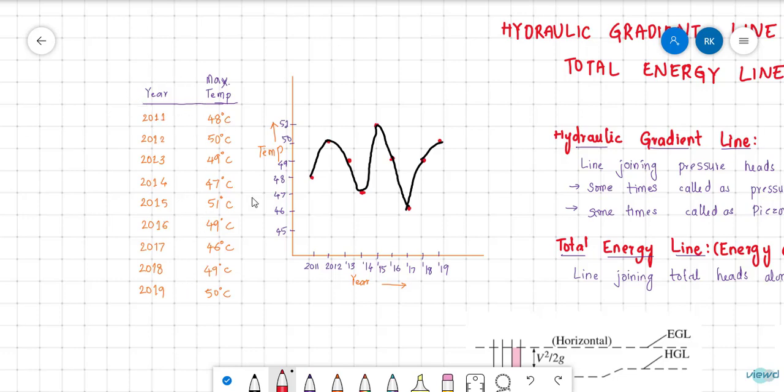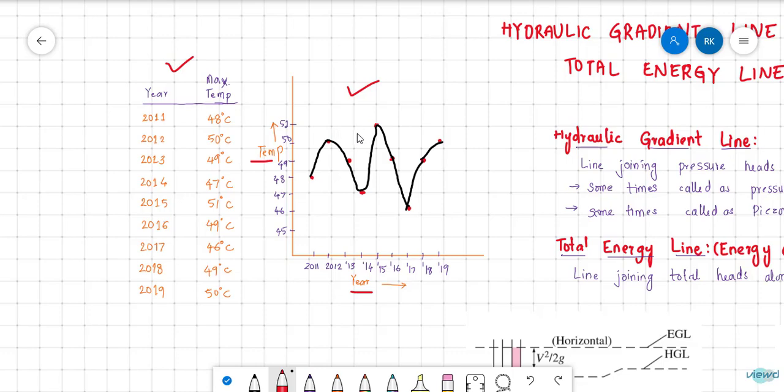Here some data is given and here the corresponding graph is given. If I ask you which is the easiest way to analyze this, year and maximum temperature that is recorded at some area is given here. So by looking at it, this graph analysis is easier than this data analysis. So for any data, a graph can be represented and that can be easily analyzed.